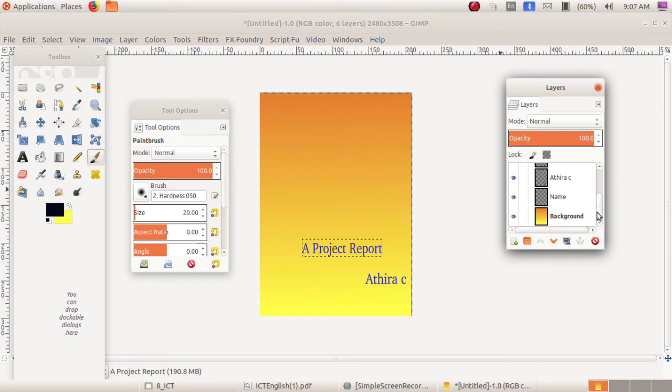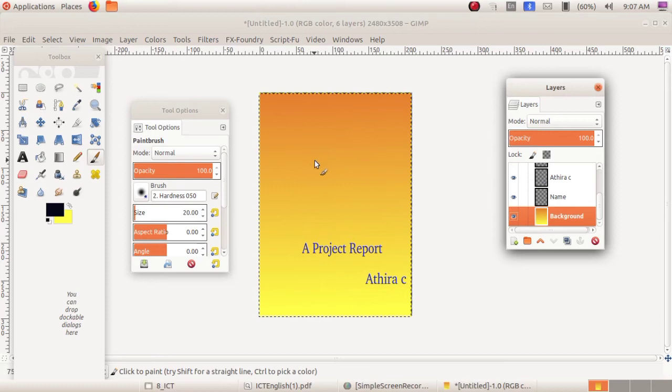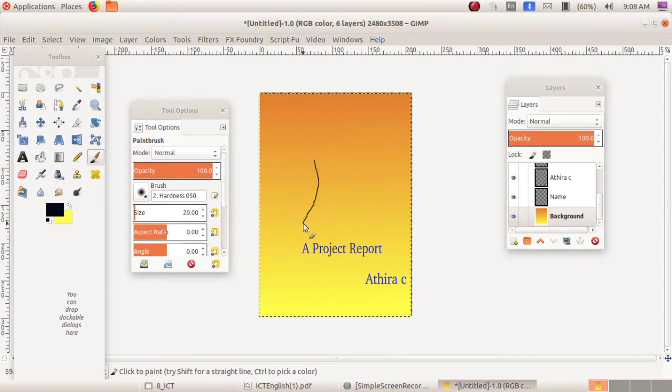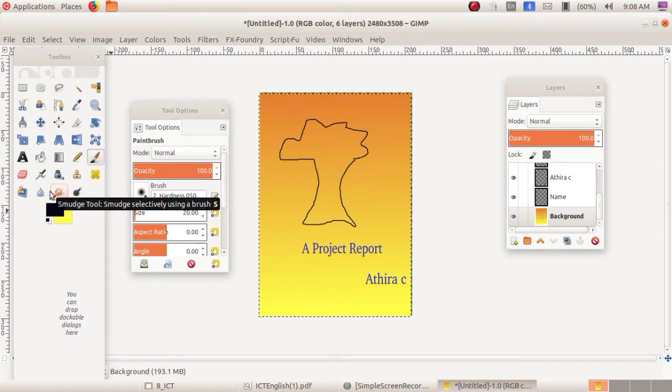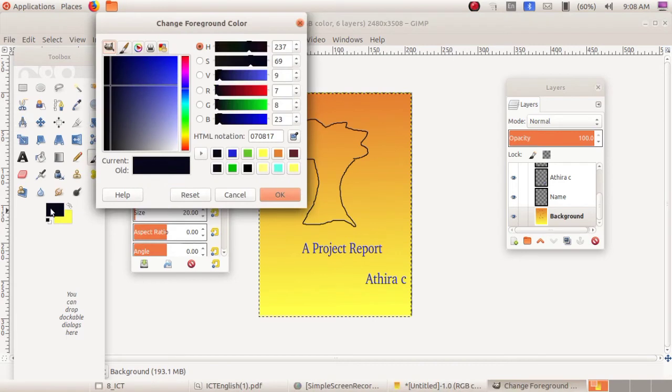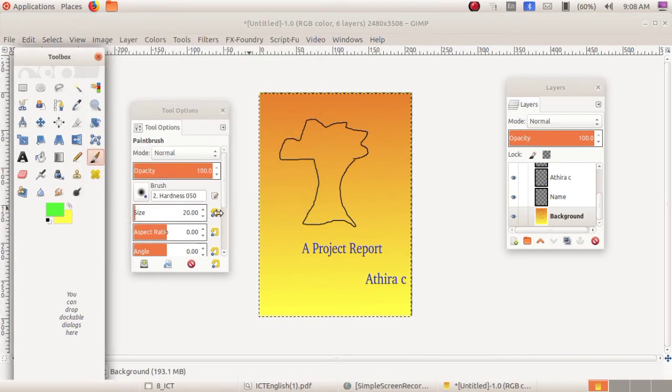In the background we want to draw. So select the background and draw. Okay. Now you want to give the colors. For that, select the colors. Click the OK button.